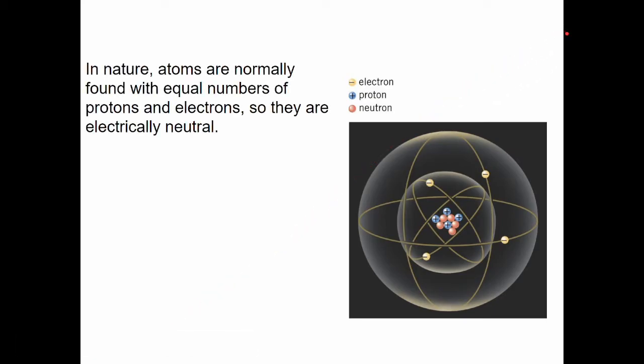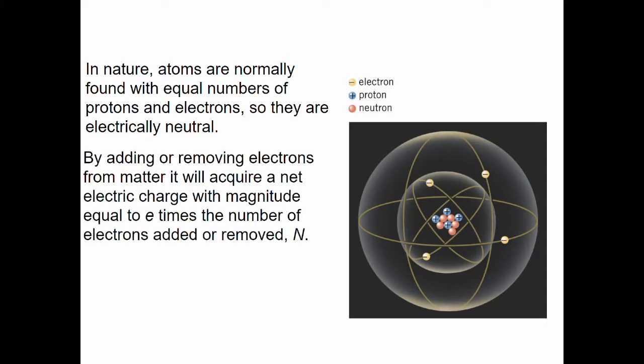In nature, atoms are normally found with an equal number of positively and negatively charged protons and electrons, making the atom neutral. But when there is an imbalance of charge, we get a net charge on the atom. If there are extra electrons, it becomes negatively charged. If there are electrons that have been removed, it becomes positively charged. The amount by which it becomes positively or negatively charged is dictated by the number of electrons that are added